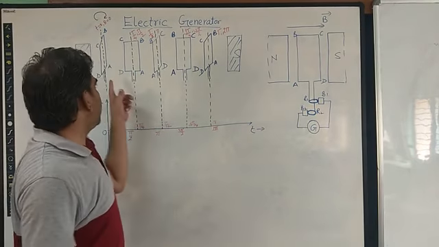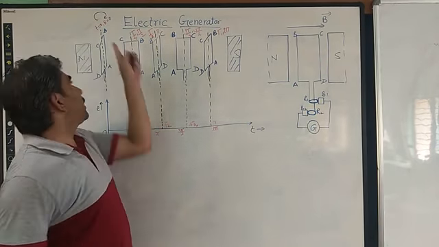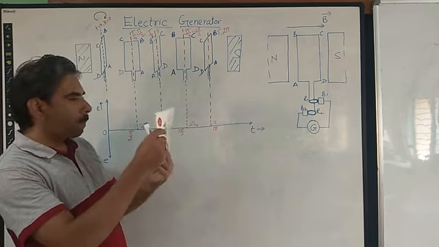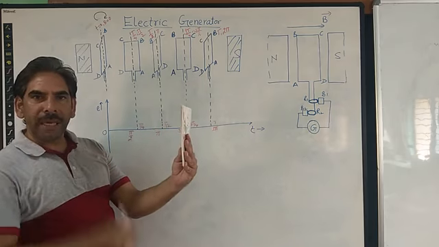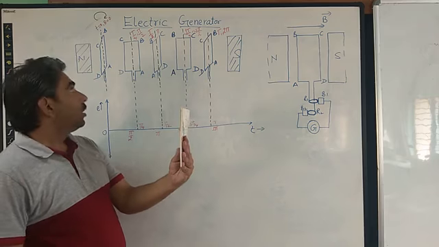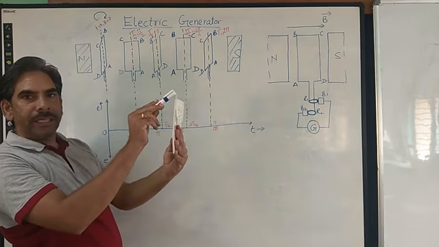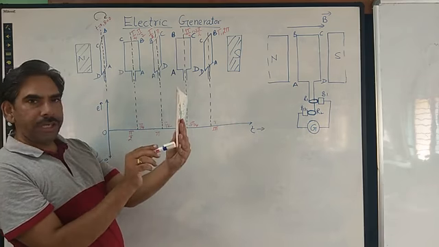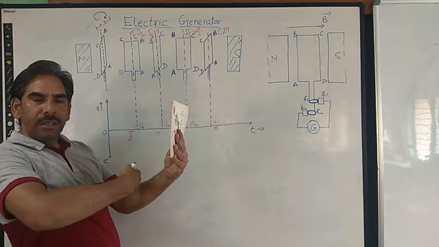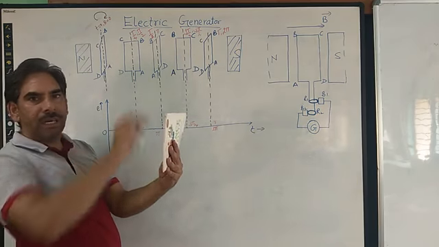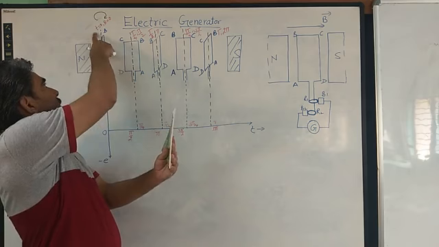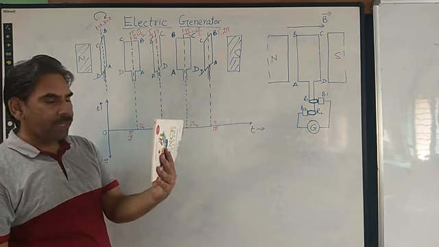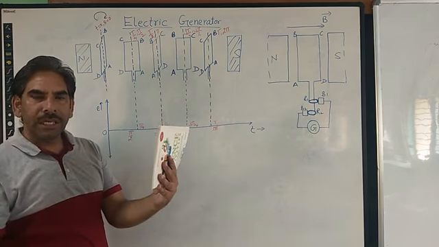Or we can say this coil, in the first case, initially at time t equal to 0, we are taking that the coil is lying perpendicular to the magnetic field. So the upper arm we are calling A, B, and the lower arm we are calling C, D. So CD is in the downward direction, AB is in the upward direction. So at t equal to 0, there is the maximum flux crossing through the area loop.